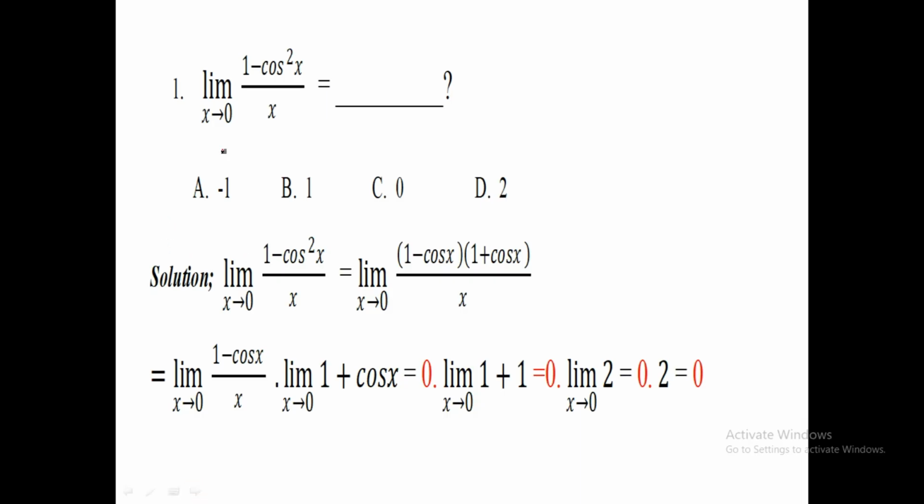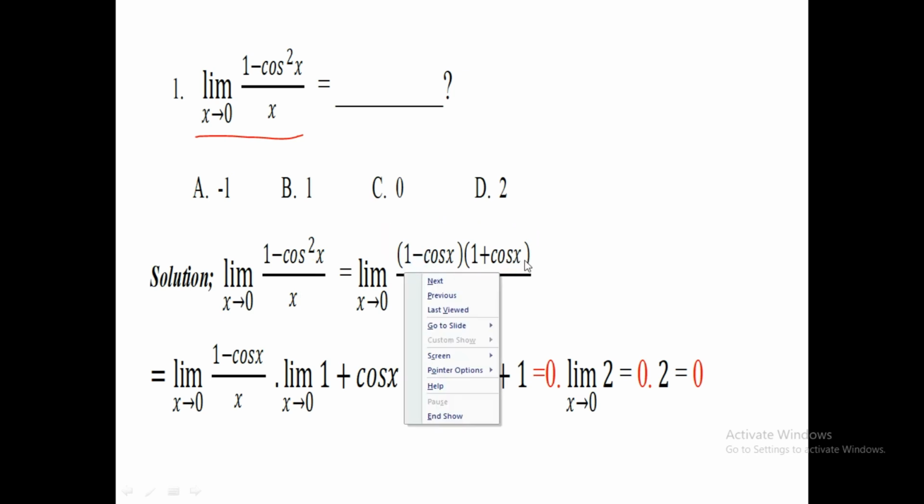Next, this is linked with the second example of special limits: the limit of 1 minus cos squared x over x as x approaches... A, it approaches minus 1; B, it approaches 1; C, it approaches 0; D, it approaches 2. So let's prove it using the solutions. 1 minus cos squared x over x, the numerator will be factorized into 1 minus cos x times 1 plus cos